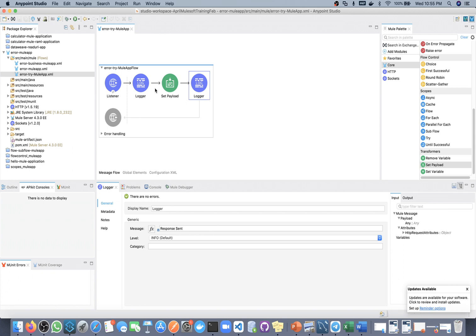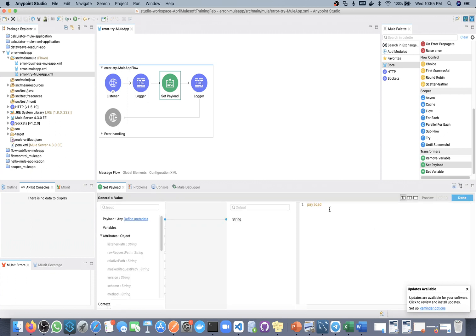And here what I will do, I will write some code which can create error. Okay, so I will write DataWeave, and inside this result 10 divided by 2.